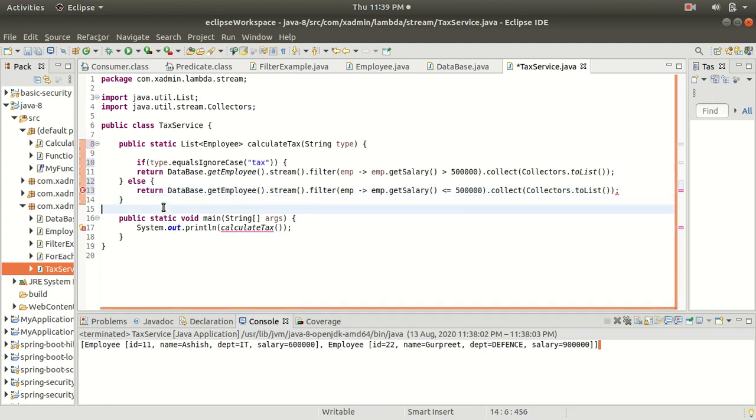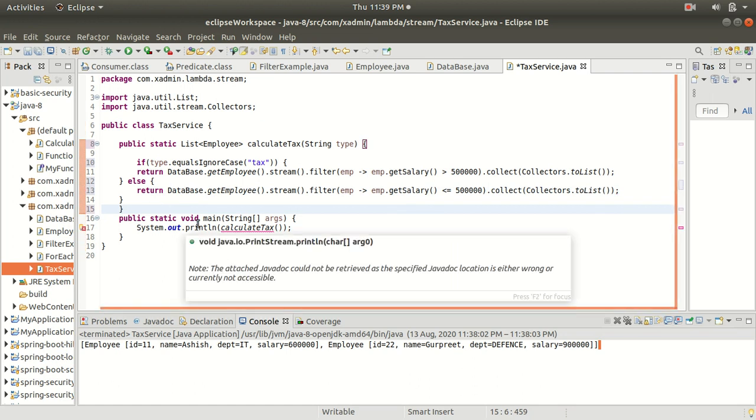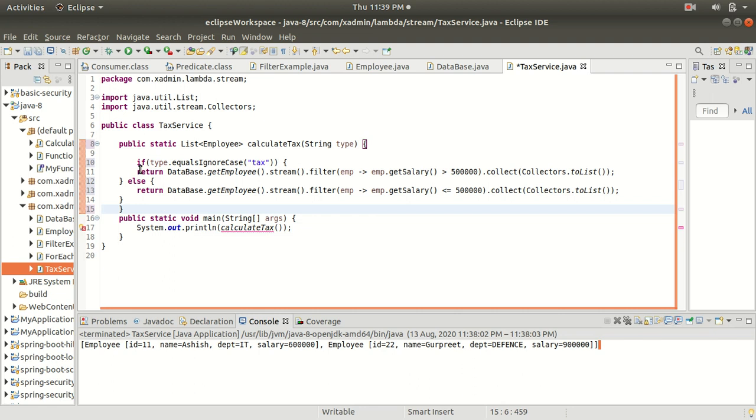All right. So here we need to put one more curly brace. Yeah, now it's correct. So here you can see the condition. Inside the if I have checked that if the type is text, then I am returning this list, and if the type is anything else, then I am returning this list.